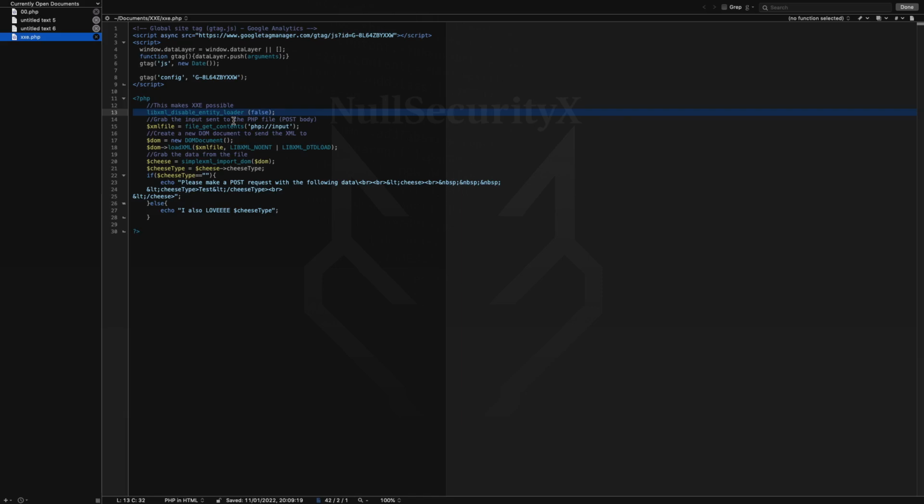It used to be a lot more common because by default this entity loader would be enabled by default. So this says disable entity loader false, which means that the entity loader is not going to be disabled in our case. By default it will be, which will not allow it to load entities like we just declared. And these days all common XXE libraries have got